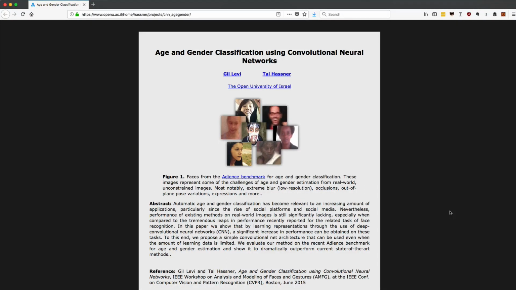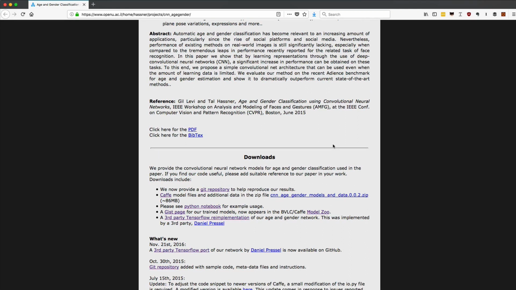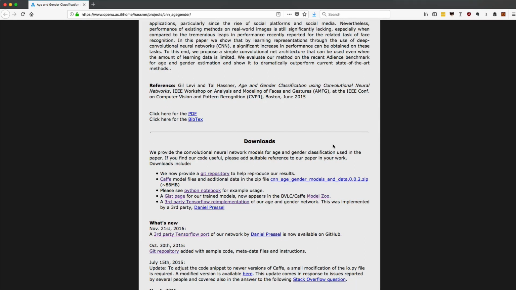So today we'll look at how to run an age and gender classification model, which uses convolutional neural networks and is pre-trained in the Caffe deep learning library. So this is the page for that particular model. I'll be linking all this in the description. The description usually contains a companion article for pretty much all my videos, and there you should find all the